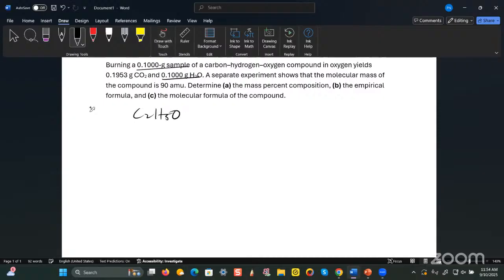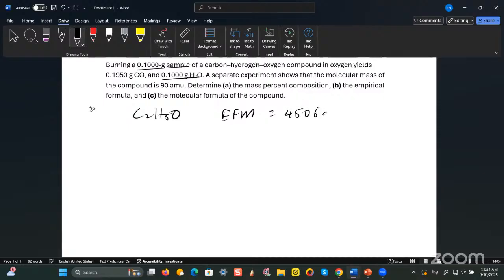So what we have to do is find the empirical formula mass. We do that by adding up all the molar masses of the elements according to that formula. So that's 2 times 12.01, and then we add that to 5 times 1.008, and then we add that to 16, and according to our calculation here, I got